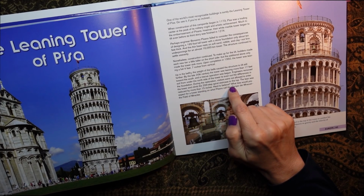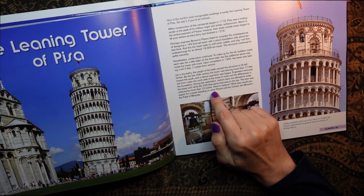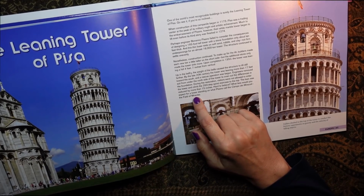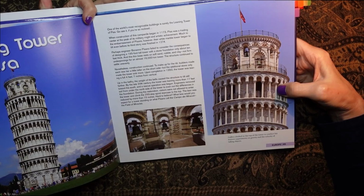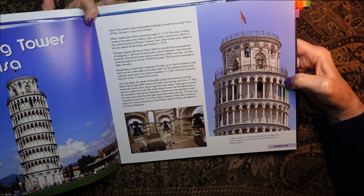Hard to believe. What less would you expect for a tower standing on what Pisans call the Campo dei Miracoli, the field of miracles? Here's the top of the tower, and it says Galileo climbed to the top of the tower to conduct his historic experiments on gravity and the velocity of